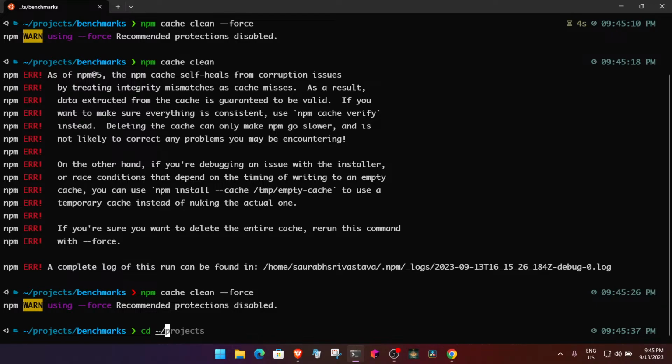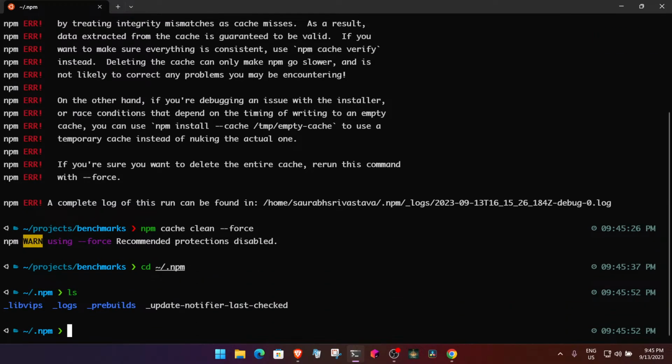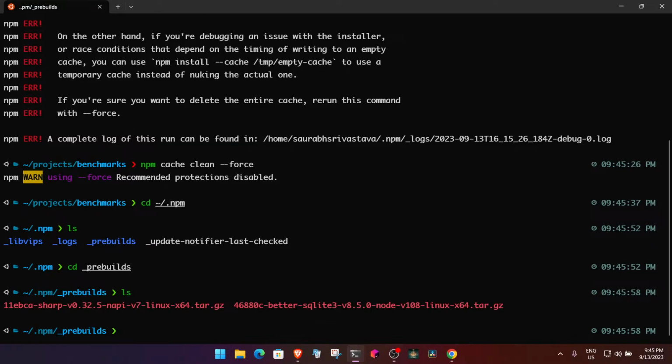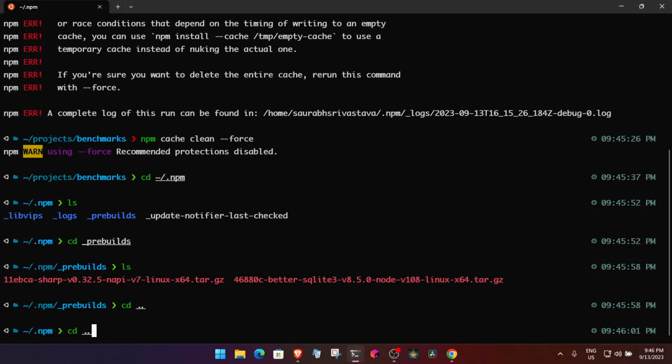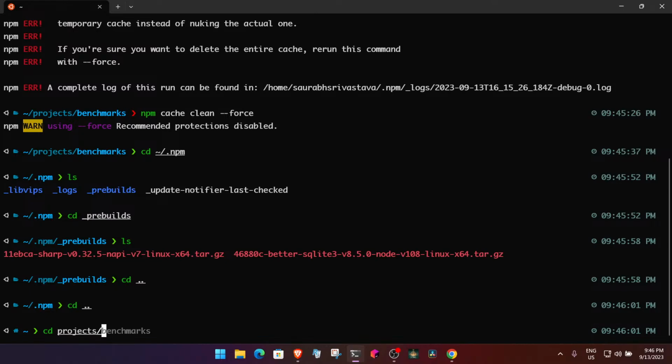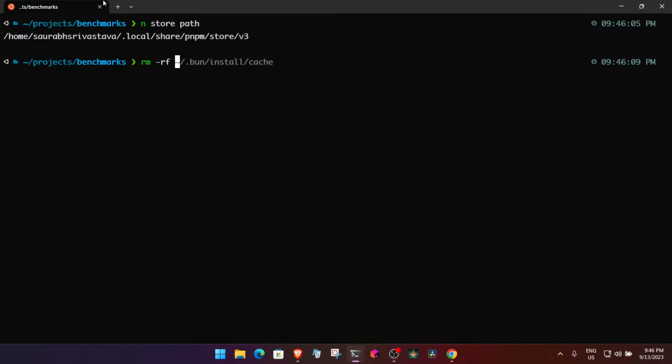Okay, let's see whether it's done or not. Pretty sure it's there. Yeah. Okay. Yeah, I think it's done. So we are back here, and then there's something called npm cache as well. So store path. Cool. Now if I just simply do this,